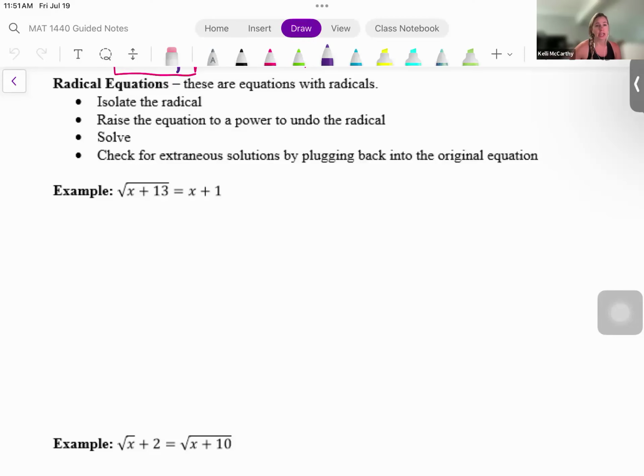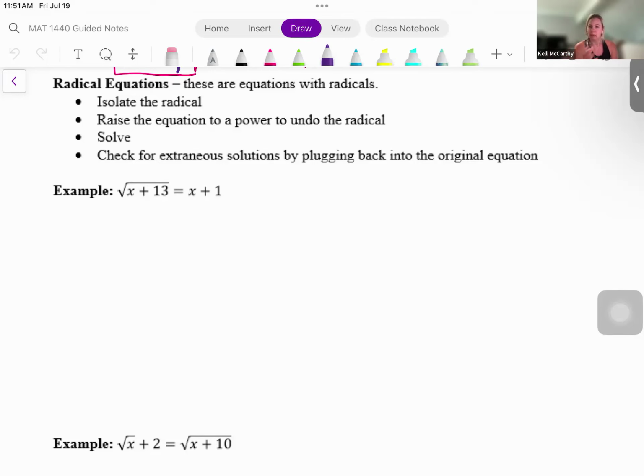In this video, we're going to look at solving radical equations. These are equations that have radicals in them. Your first step is going to be to isolate the radical. Then you want to take the radical term and raise it to the power of whatever you need in order